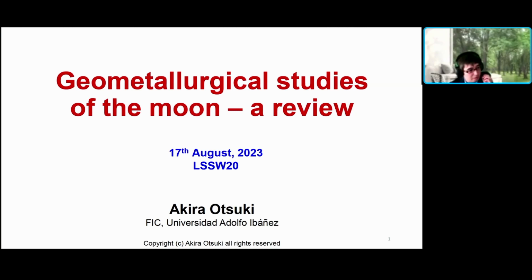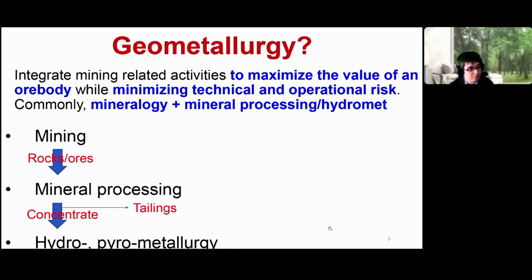Thank you. I'm going to talk about geological studies of the moon, a little bit of review, and provide some perspectives. Starting by explaining the field of geometallurgy,